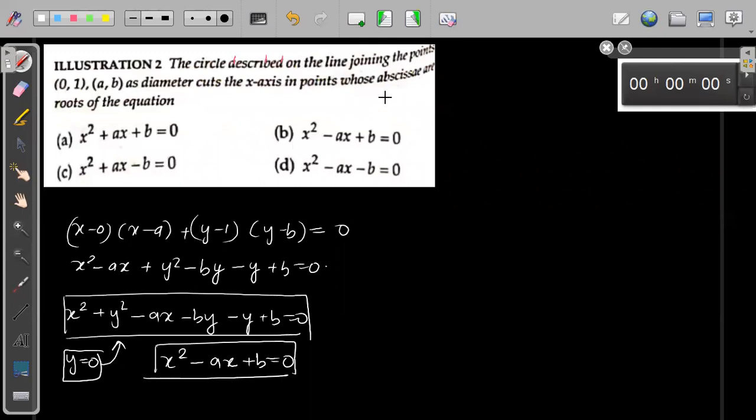So they are saying the roots of the quadratic equation. That means the equations are same. If the equations are same, the roots will be same. That means the answer is P. This is exactly same as what we are getting. So this is the answer. Everybody understood? Okay.